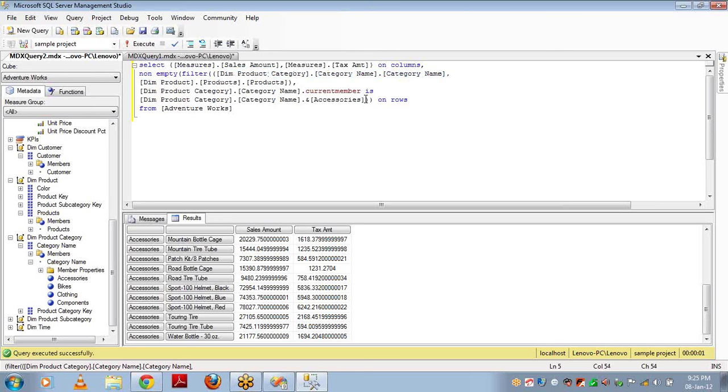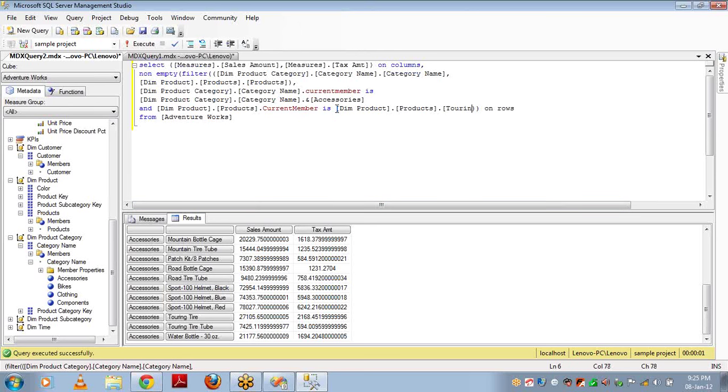And you can write complex queries, like and dim products dot current member is, let me take some product, touring tire.